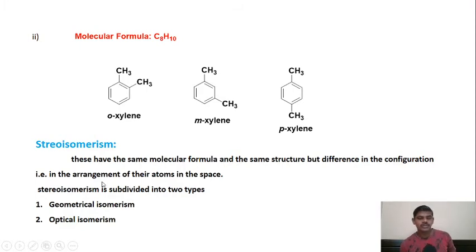We will see how the atoms in a molecule are arranged in three dimensions, and how we can imagine that. After the completion of stereoisomerism, you are going to understand how stereoisomerism exists in compounds or molecules. Okay, so first is geometrical isomerism.